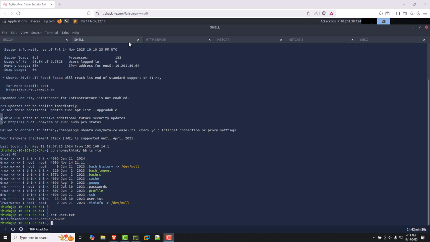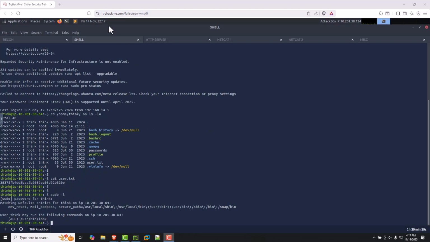But I'm not done yet. The ultimate goal in penetration testing is always to achieve root access. Time to enumerate for privilege escalation to root. With the first flag in hand, I ran the sudo command shown in the CLI to check sudo privileges. The sudo -l command lists what commands the current user can run with sudo privileges. Based on the output, the think user can run